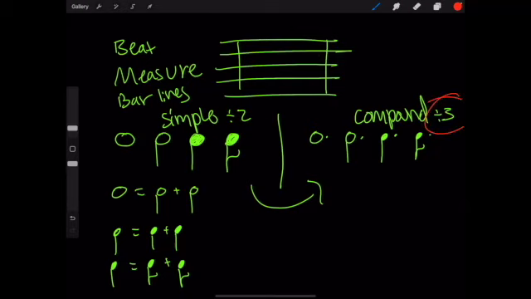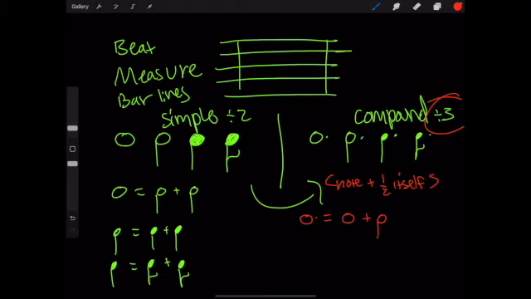And the dot tells us add the note plus half itself, right? So let's try that. We have a dotted whole note. First, we're going to have the note itself, which is a whole note. And then we're going to add half of itself. Half of a whole note is what? A half note,